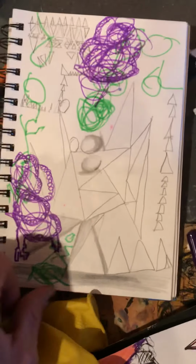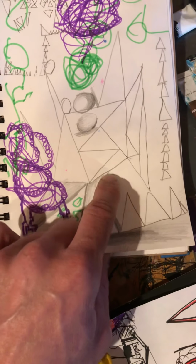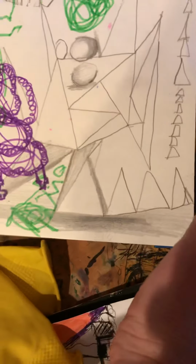So I've been stretching my hand out with clay, and this was a warm-up I was doing. I was drawing with my left hand with markers, and then drawing triangles with my right hand. I turned some circles into some spheres, did some grayscales, just working. And then this is a quick sketch. I did 10 minutes on the body and 10 minutes on the face,